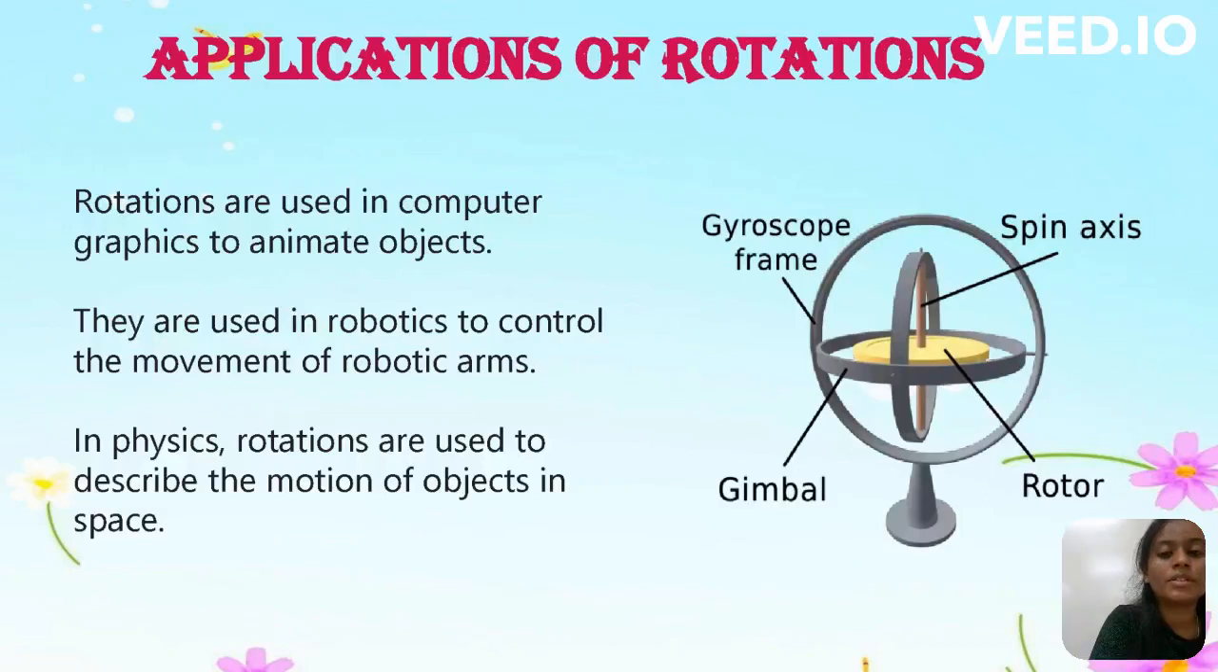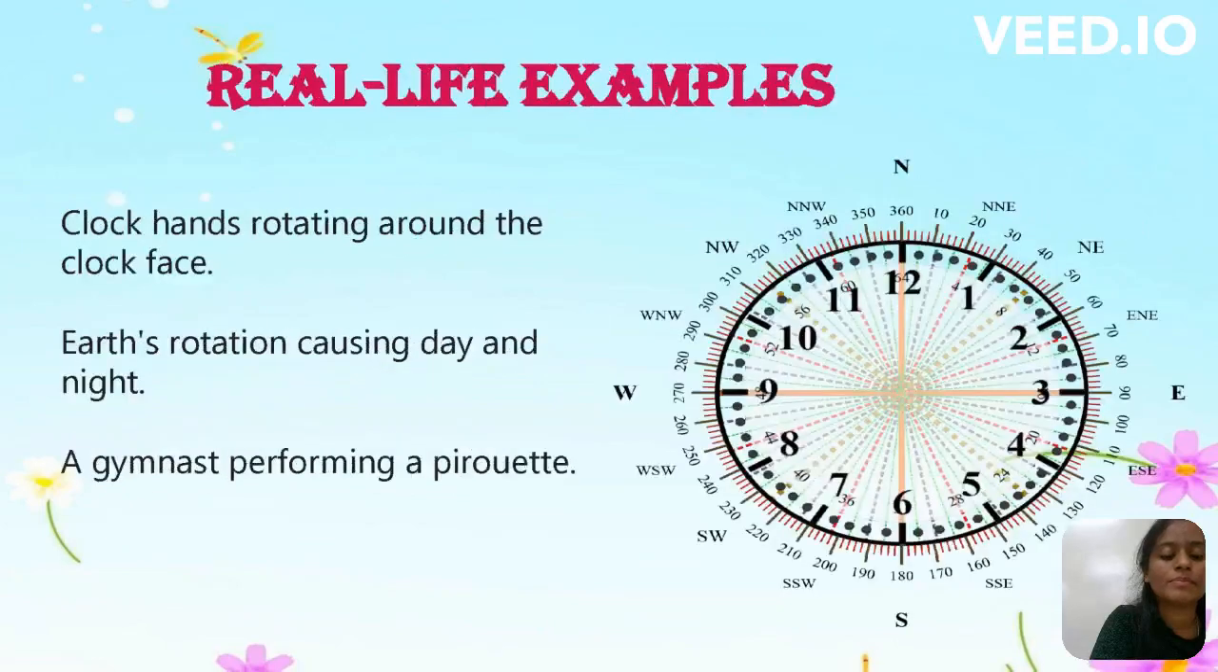Applications of rotations. Rotations are used in computer graphics to animate objects. They are used in robotics to control the movement of robotic arms. In physics, rotations are used to describe the motion of objects in space. Real life examples: clock hands rotating around the clock face, Earth's rotation causing day and night, a gymnast performing a